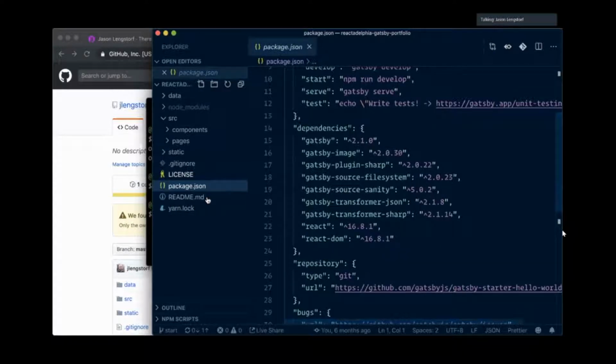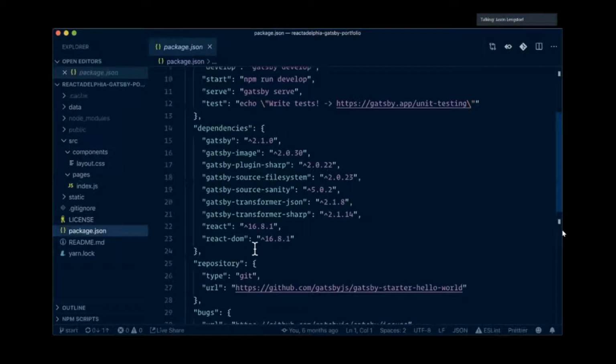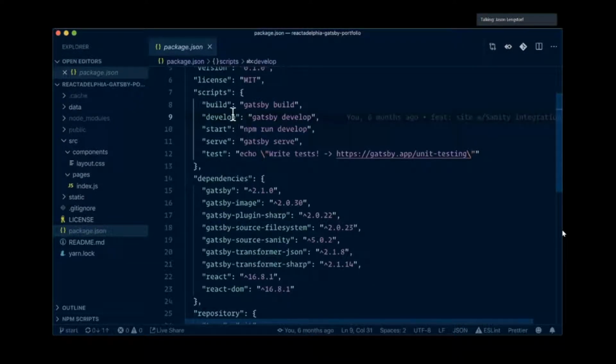So to start, what we're going to do is let's pull up the terminal, and I'm just going to run this. So I'm going to run Gatsby develop. And you saw the code. So while we're waiting for that to start, just to kind of reiterate here, all we have is a CSS file and an index file. There's no Gatsby specific anything going on. I do have some commands to run Gatsby develop, but I just ran it globally because I have the CLI installed. And it gets started for us. It'll be running. And when I click through,